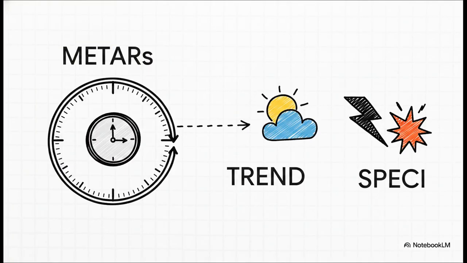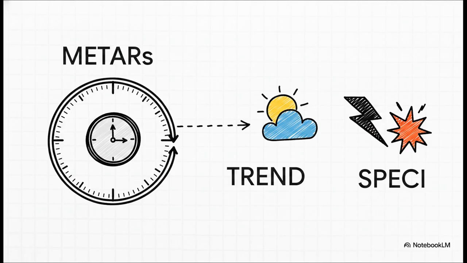When looking at immediate localized weather around an airport, crews are analyzing these reports before the plane even thinks about pushing back from the gate. First, you've got your METARs. These are routine reports issued every 30 minutes giving you the exact current on-the-ground conditions. Then you have the trend, which is super useful. It's essentially a quick 2-hour forecast tacked right onto the end of that METAR report,